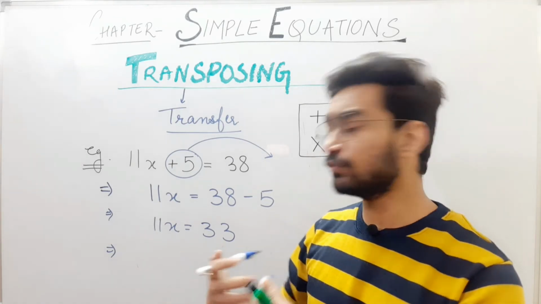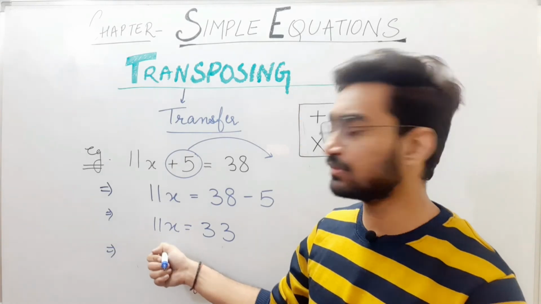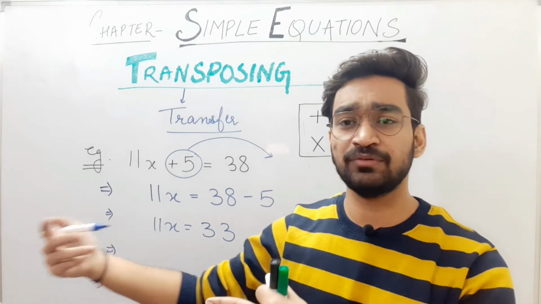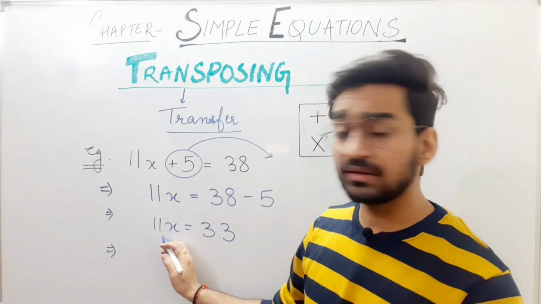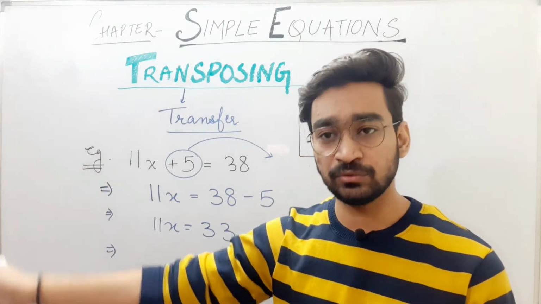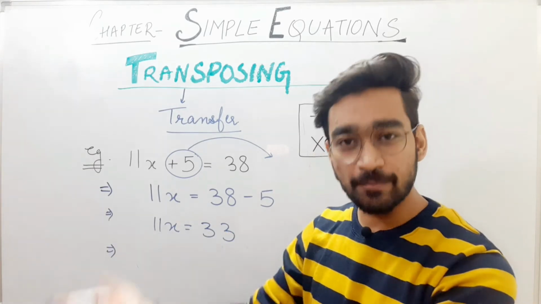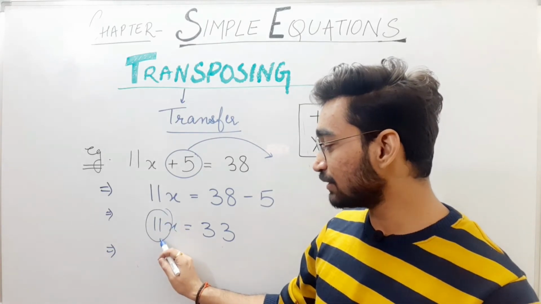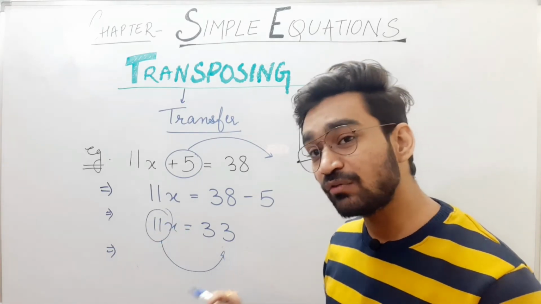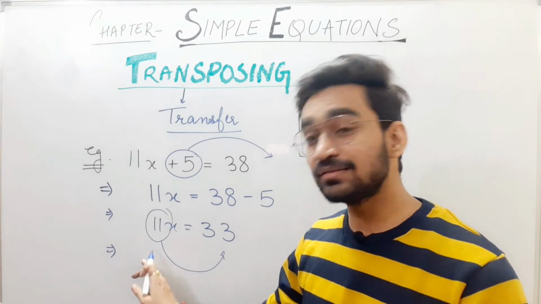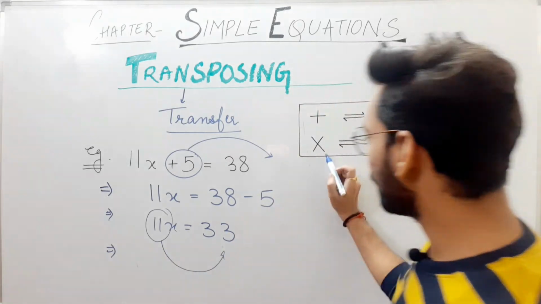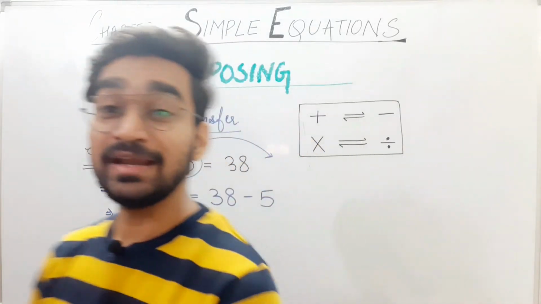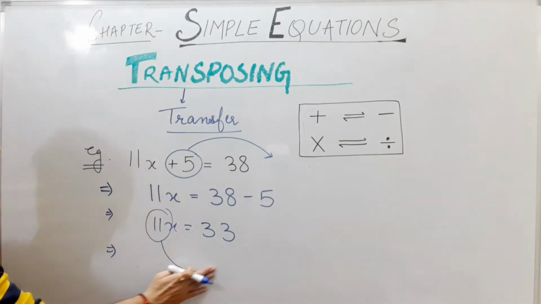Anyway, these two terms, 11 and x, have to be separated. Their love has to be separated out. So 11 will say, okay, I will sacrifice you, you can jump from this side to the other side, no problem for me. If this 11 wants to jump to the other side, what will be the symbol here? Here it is in multiplication, so the opposite of multiply is divide. Very good, so it will come here in division. Then how do we write it?